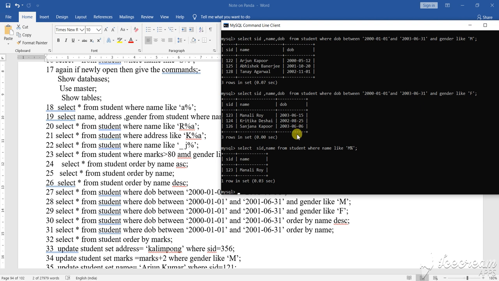So dear student, today I am going to show you some of the clauses, that is the LIKE clause with percentage and the BETWEEN clause. You can see here I have written percentage and between clause. So let us see it.